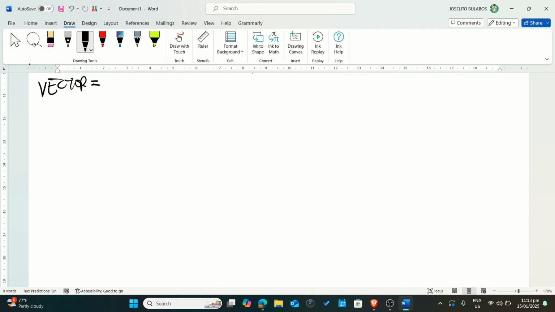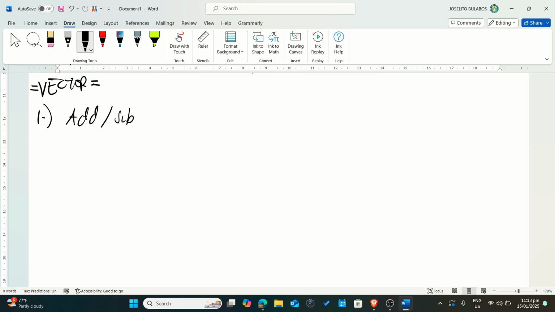It also includes direction. So we cannot just say m1 plus m2 equals m3. It's not always the case, and it must follow these rules. Let's start with addition